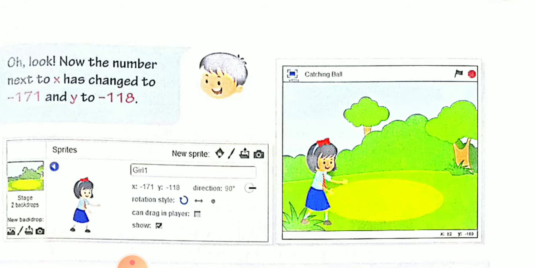So students, don't worry if you do not understand this practical coding. I will explain it to you in your practical also, so you can easily understand, because without practical the computer language is not understood by everyone. But here I just explain the theory portion. Okay, so you can easily see here your x-axis and y-axis values have changed. Why have they changed? Because we moved the sprite to the bottom left corner of the stage.